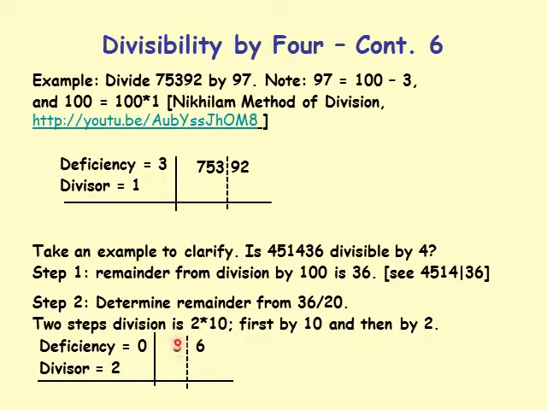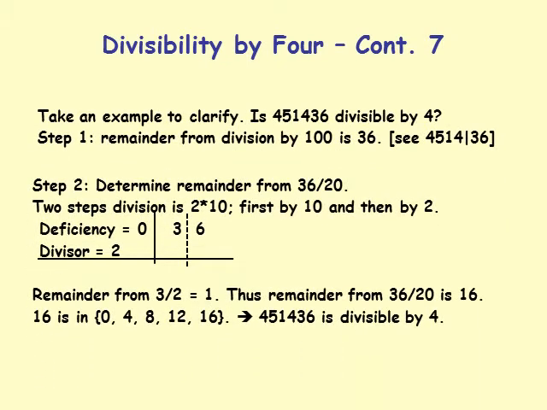The 1 is the remainder from 3 divided by 2, and it goes to the left of the 6. 1 and a 6 make 16. 16 is the remainder when we divide 36 by 20. So 3 divided by 2 is 1, and the remainder is 1. Thus 36 divided by 20 has remainder 16. And 16 is divisible by 4, so is